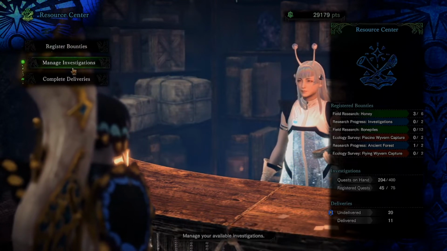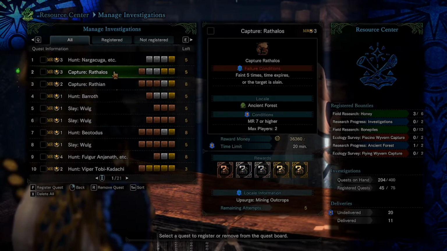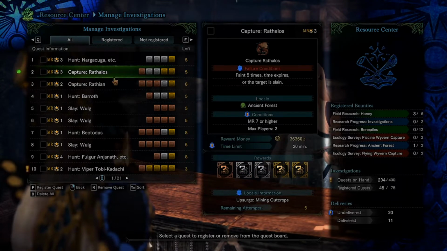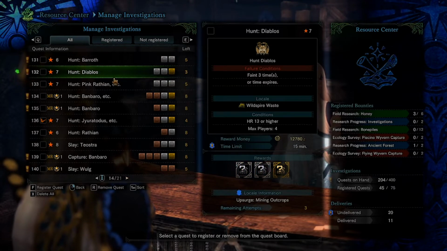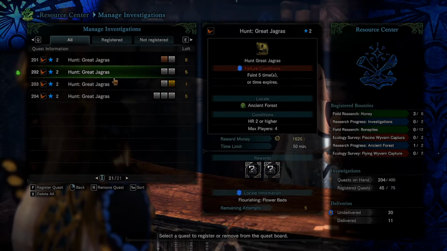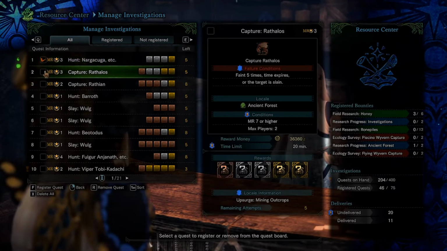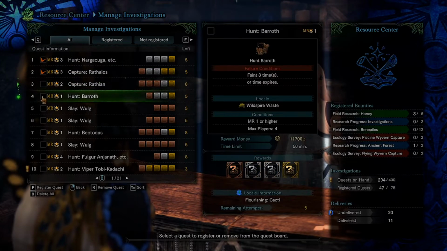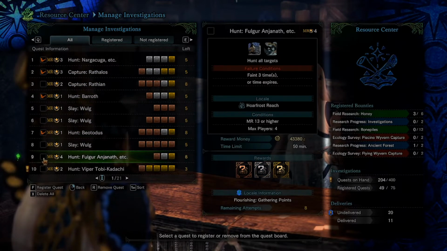From the same resource center, you'll see the option to select Manage Investigations. Investigations are to capture or hunt specific monsters. On top of the normal rewards for completion, investigations offer additional rewards, and they are indicated by the colored boxes, bronze, silver, and gold. Simply select the checkbox to activate the investigation, and then head on over to your quest